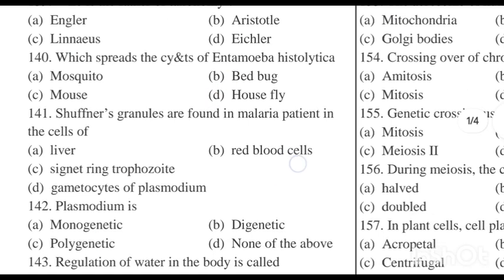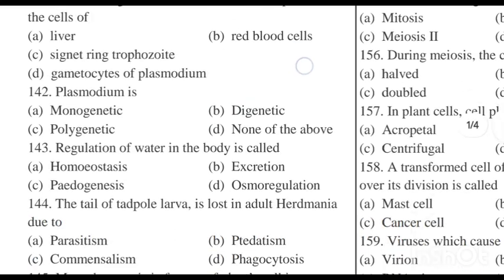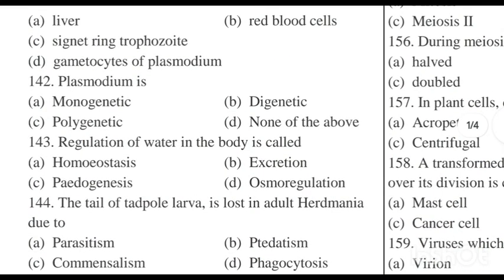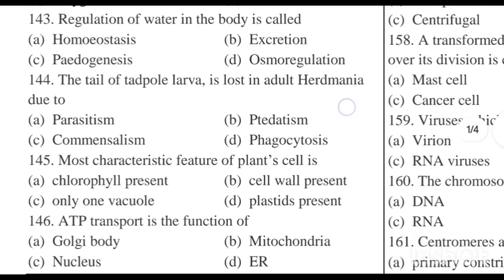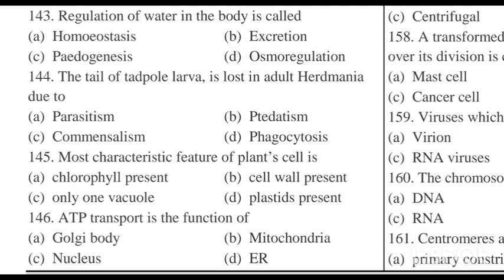Next question, Schüffner's granules found in malaria patient are in the cells of, so here the right answer is RBC. Okay, plasmodium, what is plasmodium? It is monogenetic. Next question, regulation of water in the body is called as, so it is called as the osmoregulation. The tail of tadpole larva is lost in adult Herdmania due to, so the right answer is